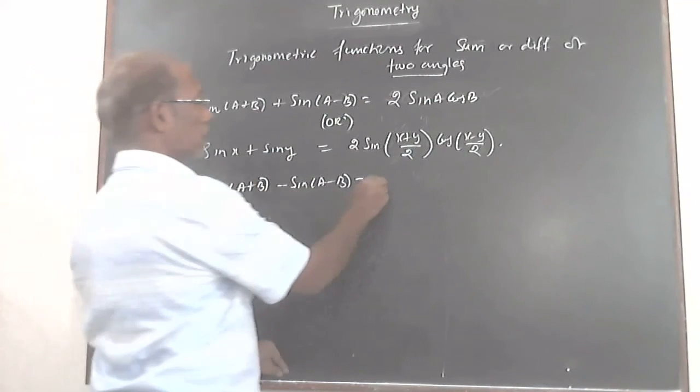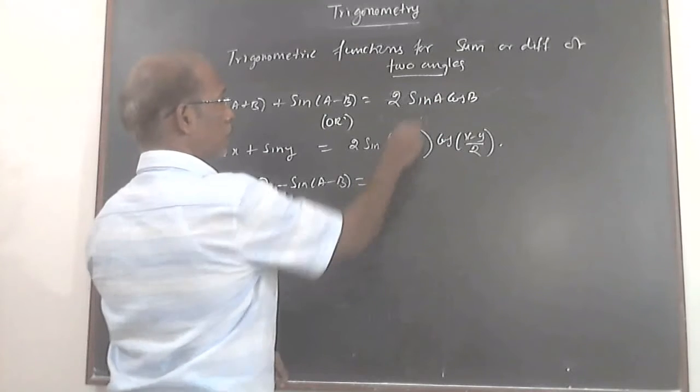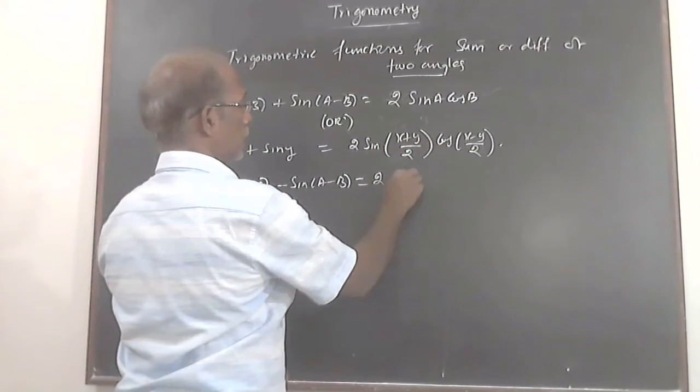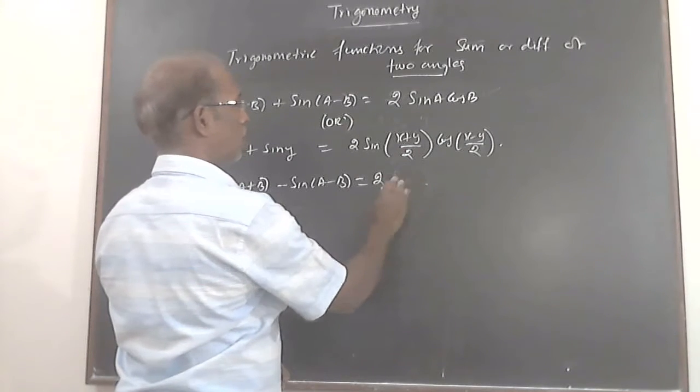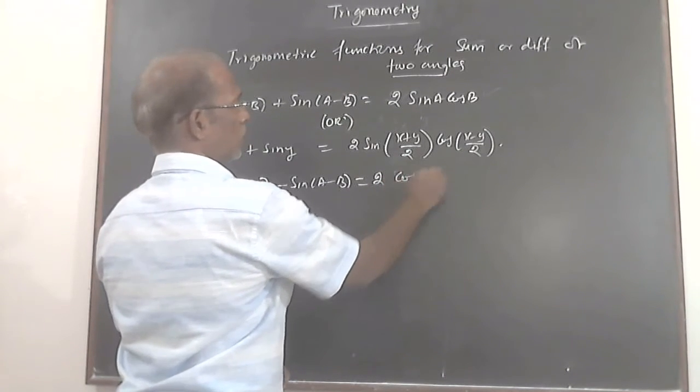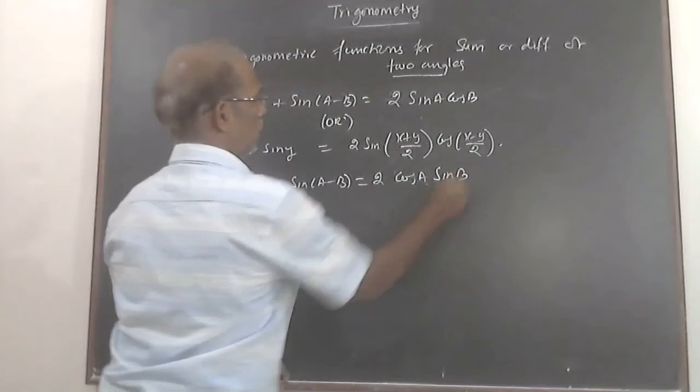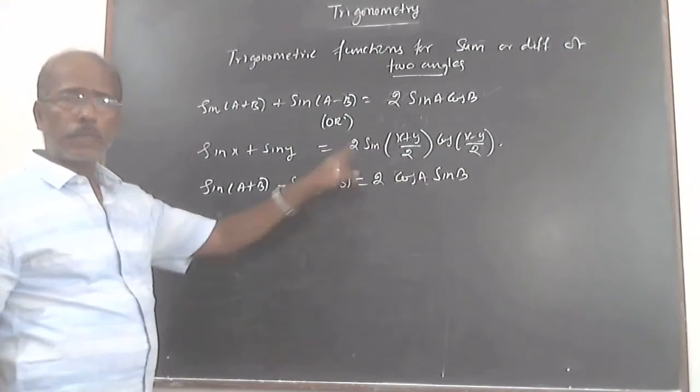When you subtract, we can get 2 times sine b cos a, or cos a sine b. In terms of x and y,